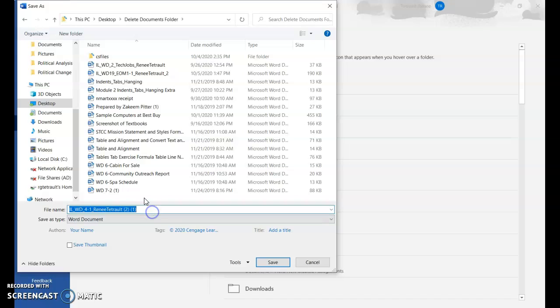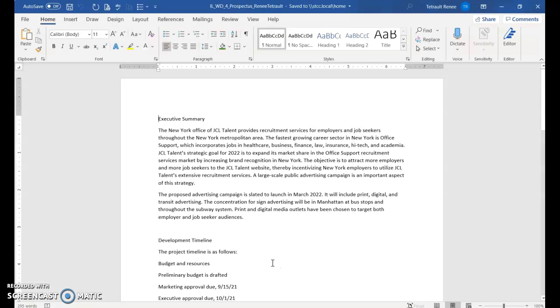And the name of this, make sure you have no parentheses and numbers after your name, just have it immediately after your name. And the name of this one is going to be after the 4 shift underscore prospectus. And then you should have another shift underscore and your last name, first and last name. Save. All right, the first thing we're going to do is select the title, Executive Summary, and then we'll choose